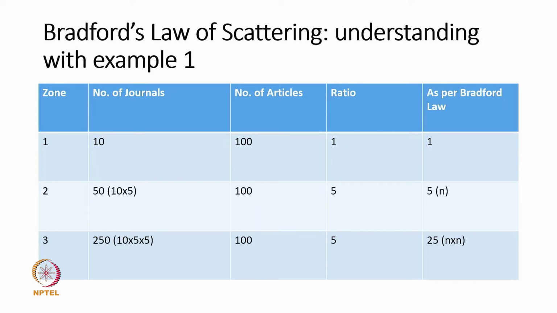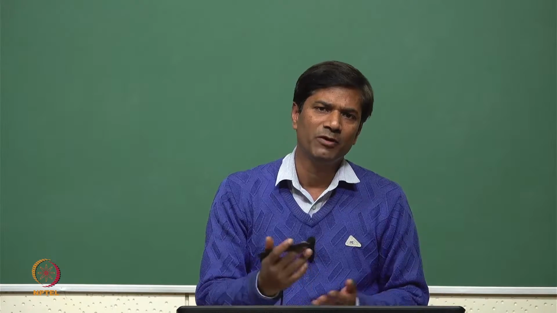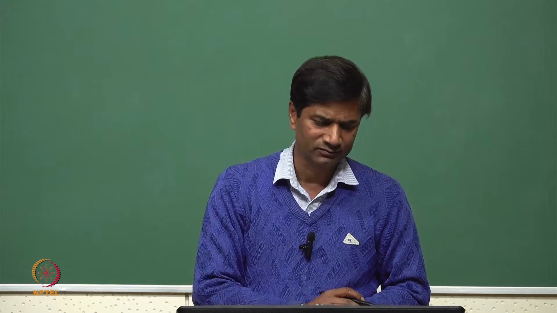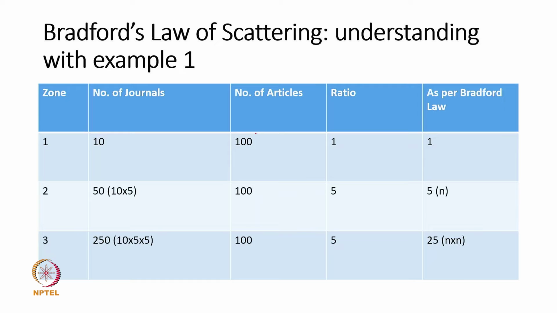Let us understand Bradford's law with an example. For example, if you want to compile a bibliography on a particular subject, you get 100 articles, and those 100 articles are published in 10 journals. The next 100 articles are published in 50 journals. The next 100 articles are published in 250 journals. As per Bradford,